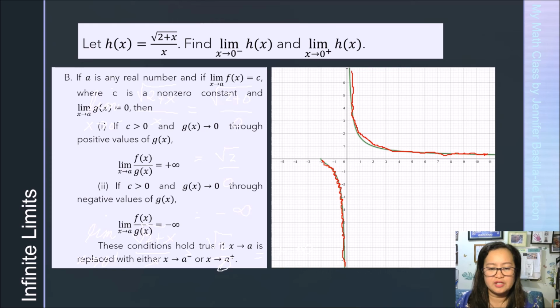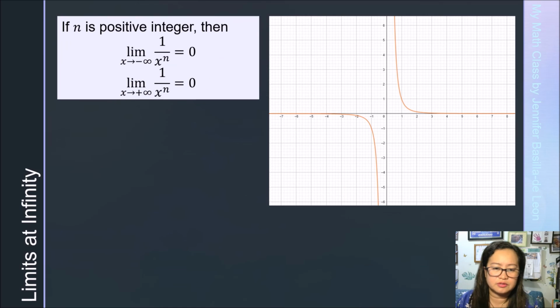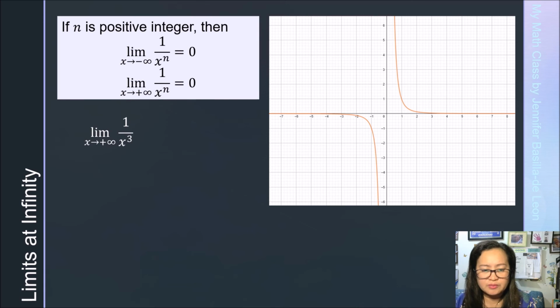Okay, so as you can see, we were able to apply the given rules perfectly. Now this time, let's take a look at some laws governing limits at infinity. If n is a positive integer, then the limit of 1 over x raised to n as x approaches negative infinity is 0, while the limit of 1 over x raised to n as x approaches positive infinity, we also have 0. So let's take a look at this example, the limit of 1 over x cubed as x